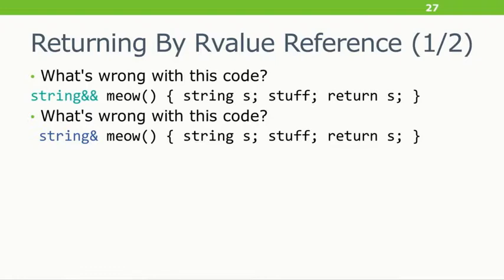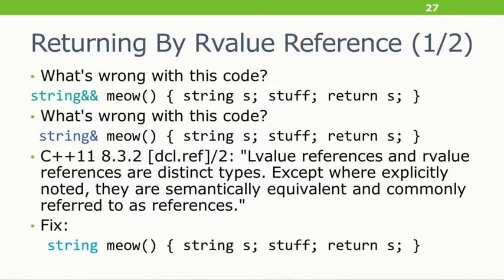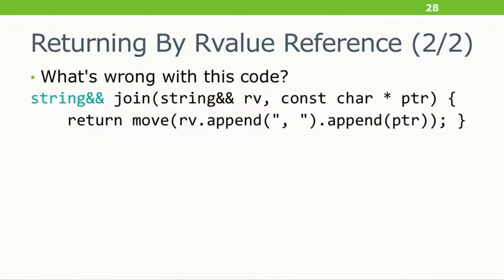Just because we granted R-value references in C++11 doesn't change this rule. In fact, there's a whole rule in C++11, which I quoted here. It's actually not that verbose. It just says that L-value references, the old style, and R-value references, they're collectively called references, and except when otherwise described, they behave the same. They share an intrinsic referenceness. And the fact that you can't return references to local variables has not changed. So you should not do this. Just return your string by value, and you'll get the NRVO and move semantics, like I mentioned.